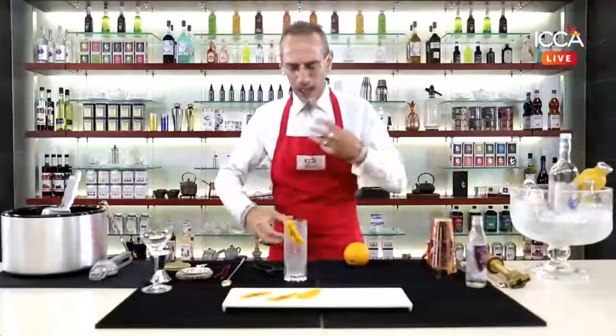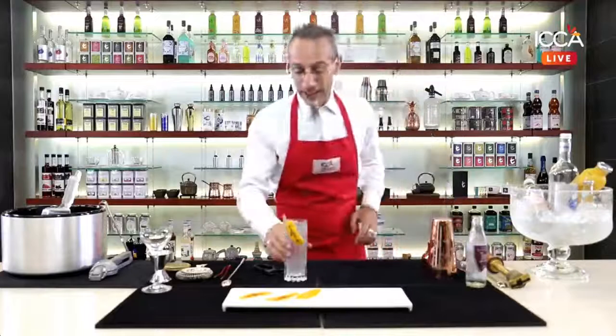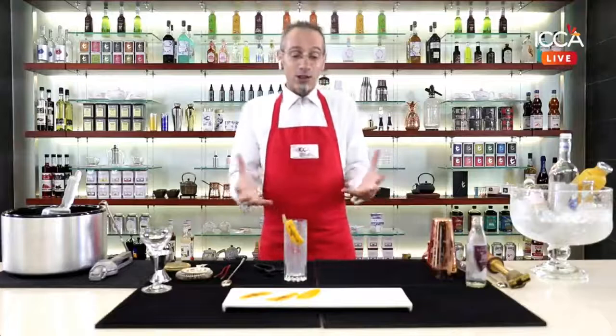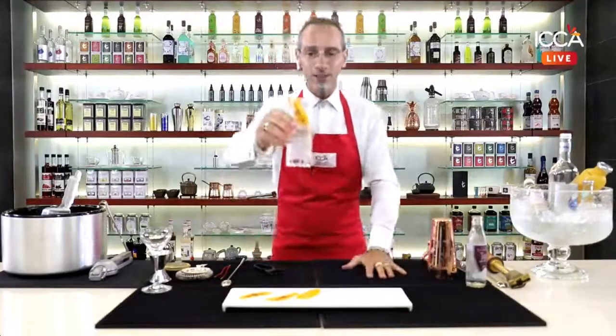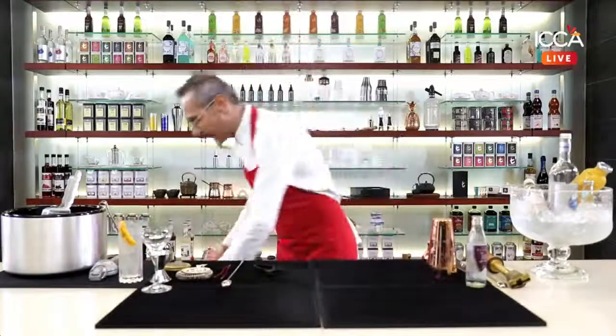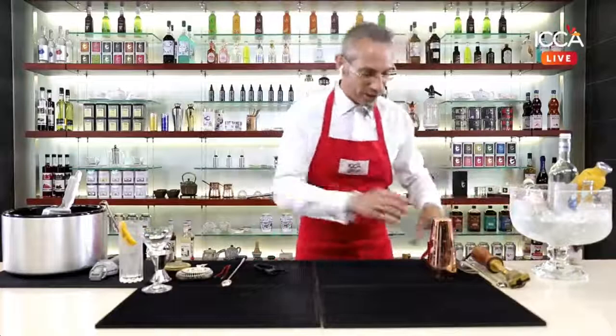Ooh, very nice. You can get the elderflower, very crispy. This style of gin really is super crispy and works very well. So that is a non-alcoholic, our cocktailzero gin and tonic. Salute. Let me put this on the side for a moment, and then I will have our other cocktail, which